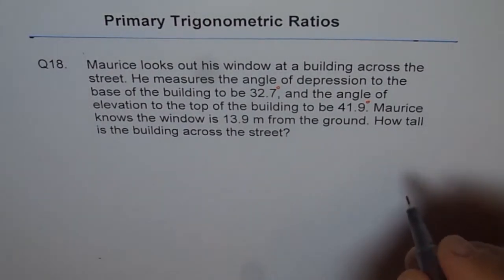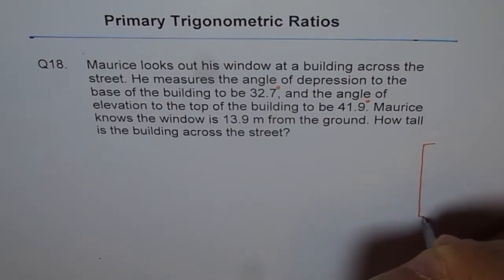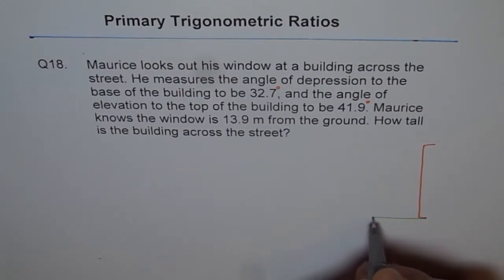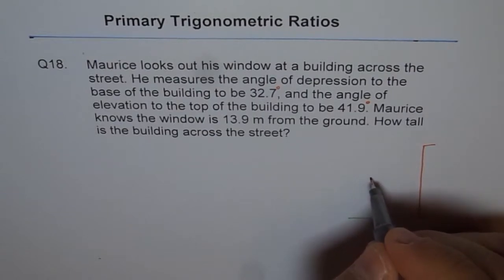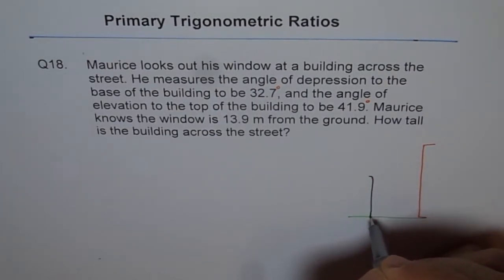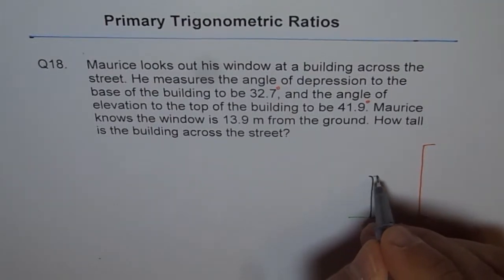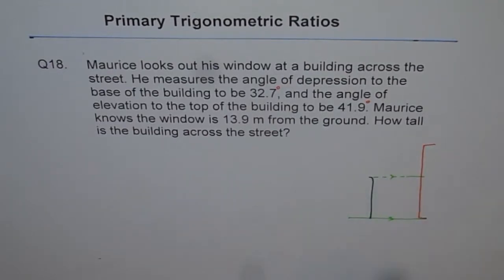So let's first sketch this situation, right? Let's say this is the tall building across the street, and let's assume this to be level ground. And this is the position from where Morris is watching. That's the building. Now from here, what we are given is, let's first make a horizontal line. So this is a horizontal line parallel to the road. Now from here